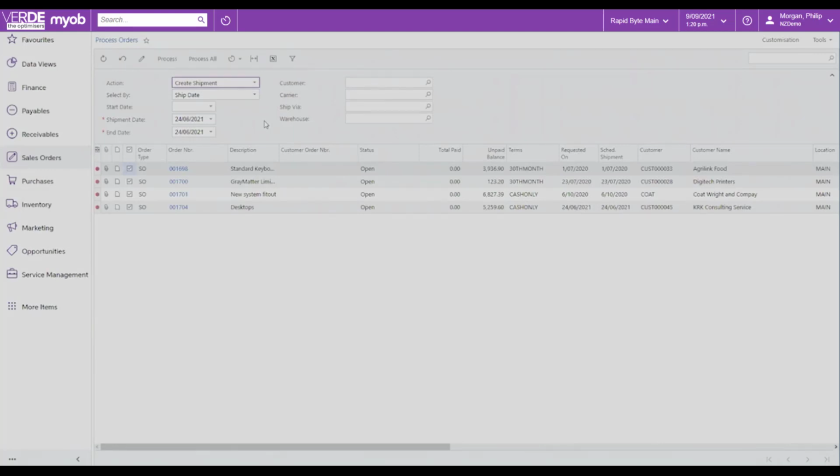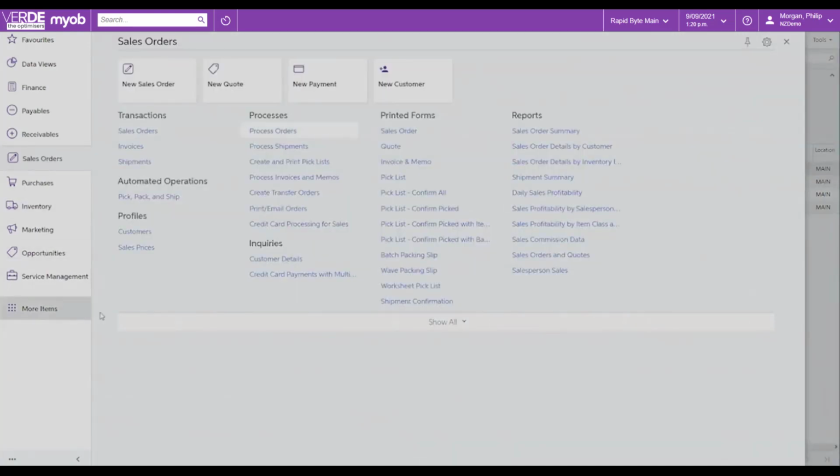And again, that's all part of driving efficiency inside the process. So just going back onto our menu items again, we've got our automated operations. The whole warehouse management pick, pack, ship process can all be done through barcode scanning associated to that. So again, as you can see, there's a lot to the product, and there's a lot more than I can